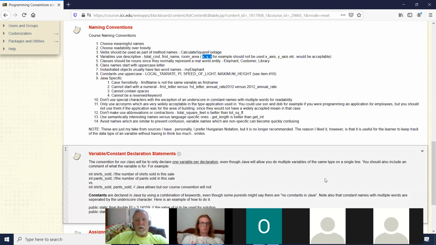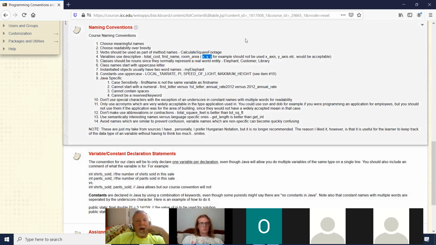But if we're talking about building a cat tractor and you use DOB, I would question that because it's not meaningful. Not everybody would know what the DOB is on a Caterpillar tractor. I don't even know if there's any such thing. So hopefully you get my idea there, okay?